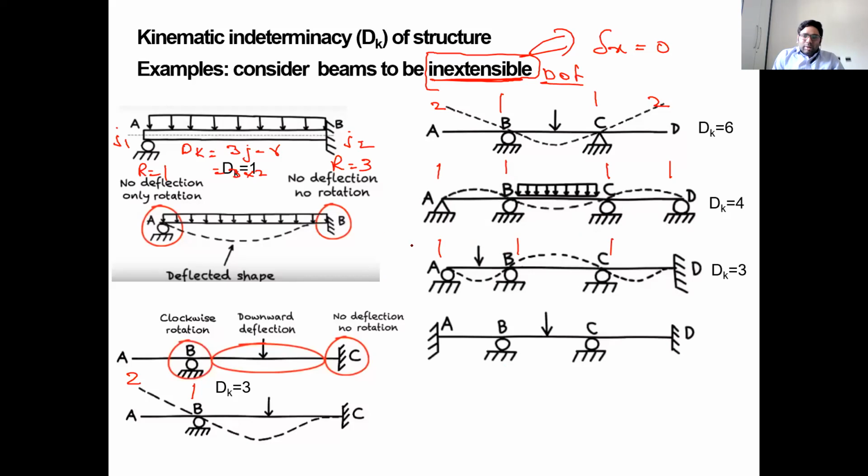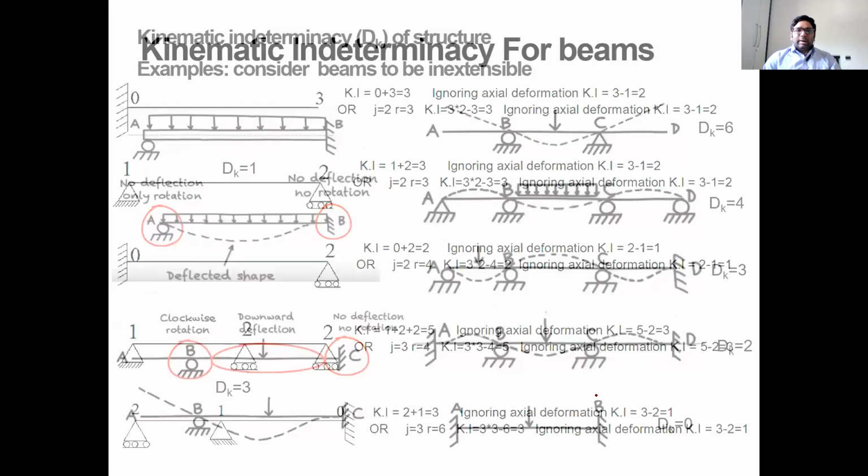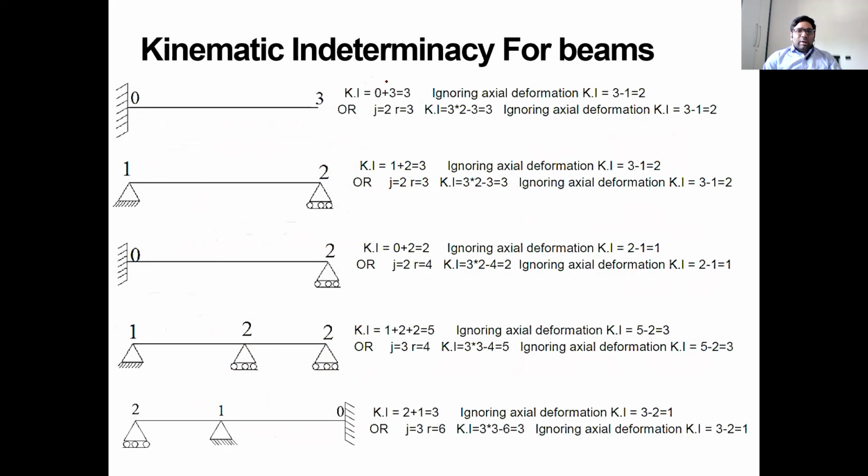Next, what is this here? Here 1, 1. So dk is equal to 2. And one more thing I'm forgetting to write, this is 0 always at fixed end. Here 0. Here also 0. So dk is equal to 0. So that is how we have to try to practice the problem and get the things done.